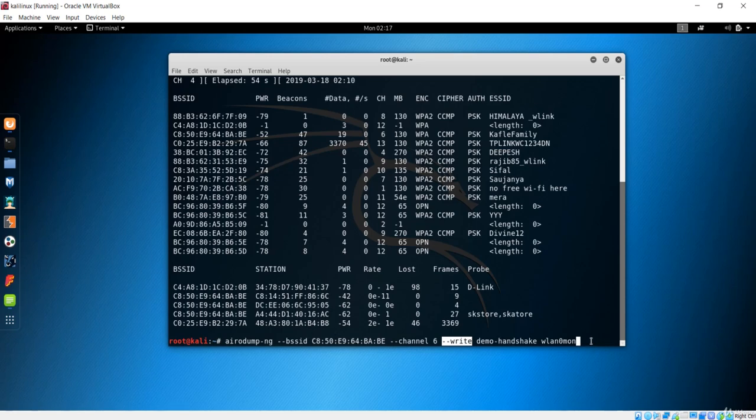What happens is basically this command will send the handshake packet. Just remember, handshake is just something like you are connecting to the network. So you are sending some packet from airodump-ng to the network, and every time there is a client connected to the network. There will be some client, otherwise if there is no client connected to that network, then this is not going to work.